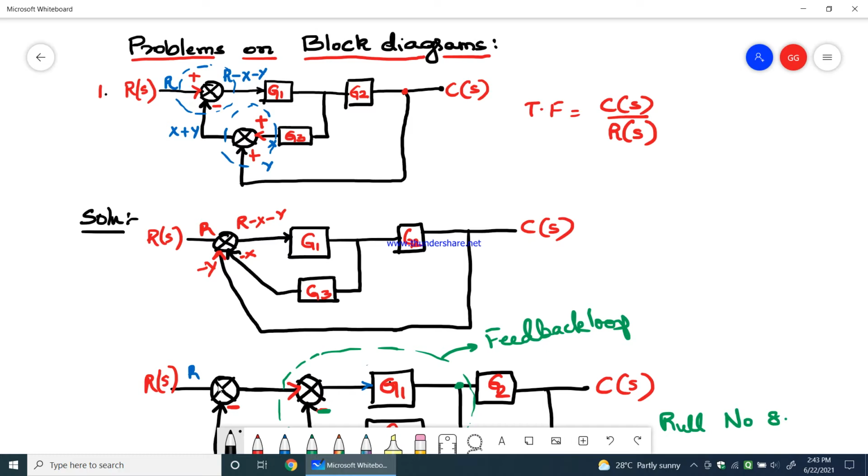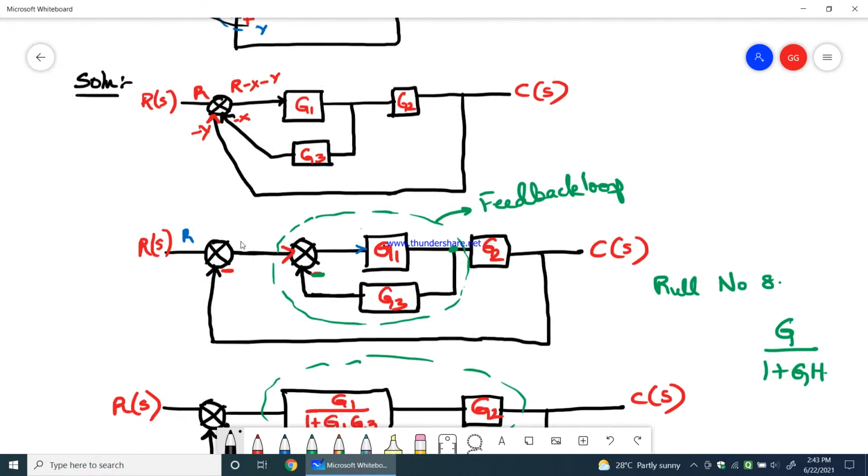So this way you can split it. Instead of this way of writing, I wrote summing points in this way, where it made me reduce the block diagram in a much easier manner, where in this single one we saw that there is a feedback here,